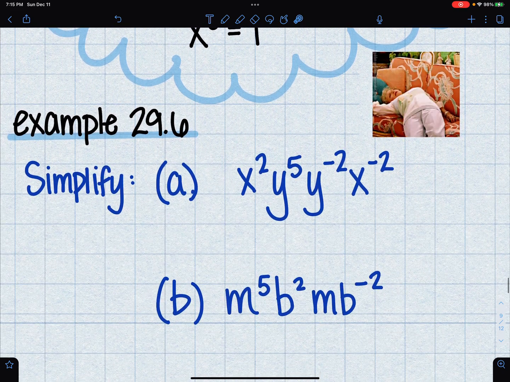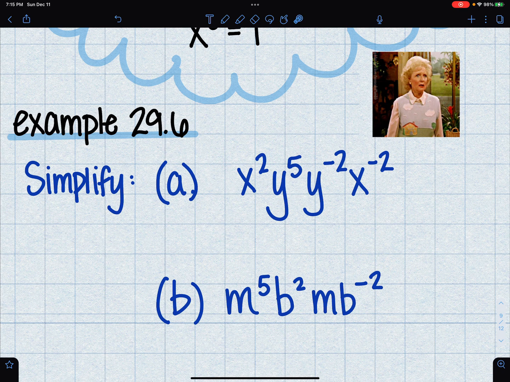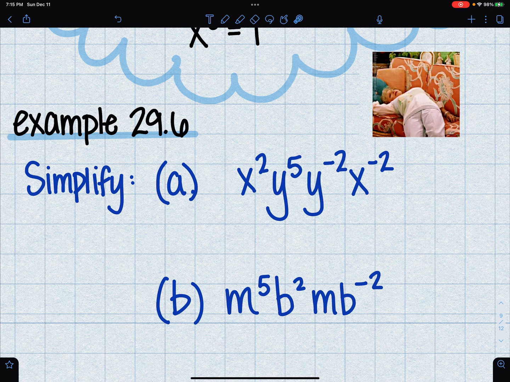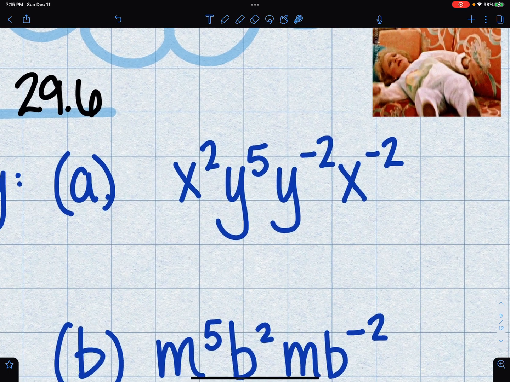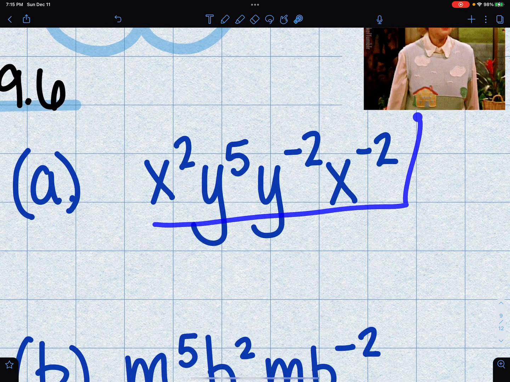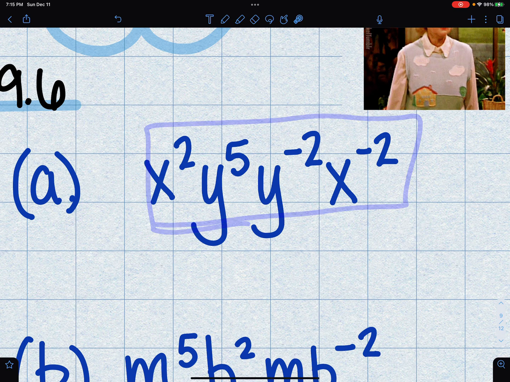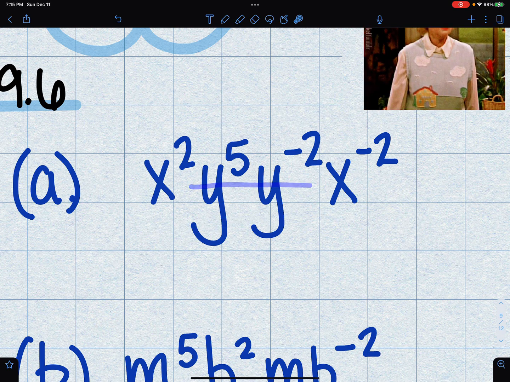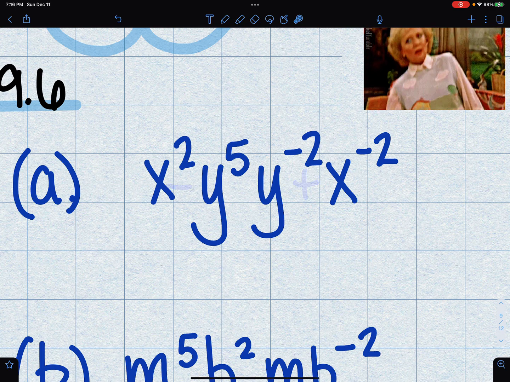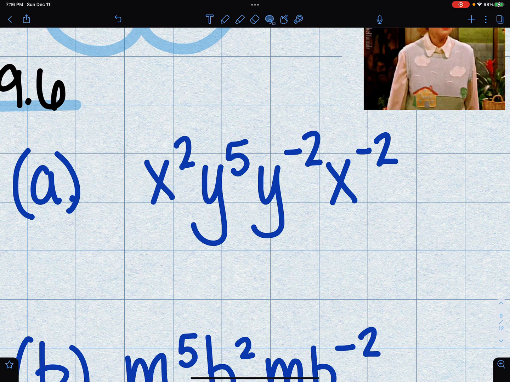Okay, let's do example 29.6. It's on page 123 if you're following along, and we're going to simplify some of these expressions. Okay, let's start with A. We're going to simplify this guy. All right, the first thing I'm going to do is scan across. I don't see any plus signs or minus, so I know that these are all multiplied by each other. So I'm going to take